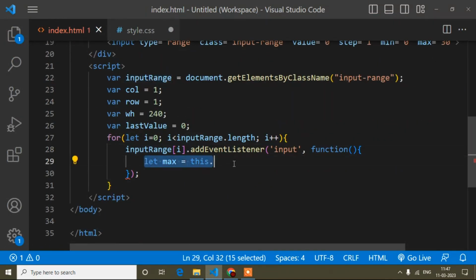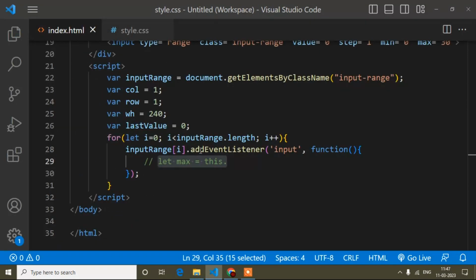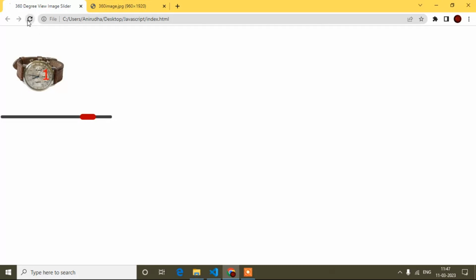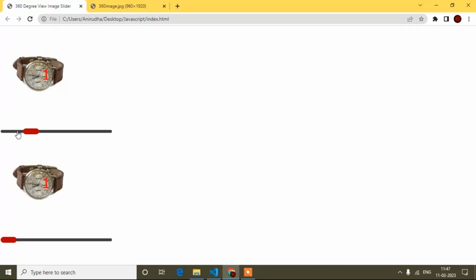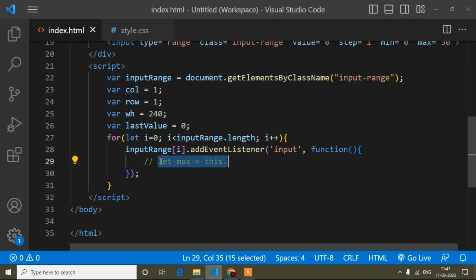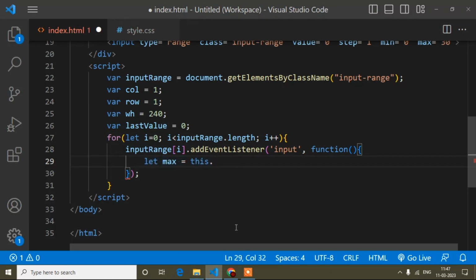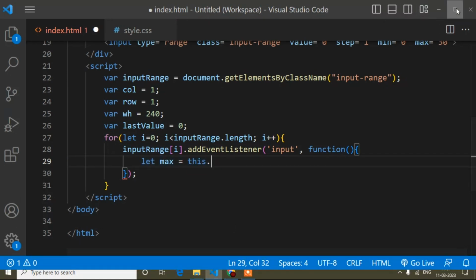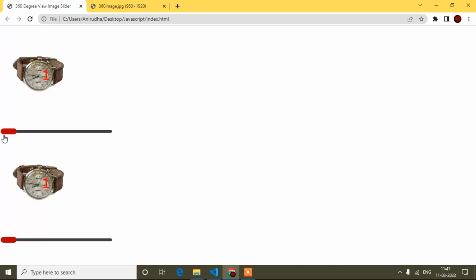First I'll comment this one and save, and this one also save. Now if I reload, see 2 times it is coming. While I move the first input range, I need to get the value for the first input field, not the second one. That's why if I write this keyword, this means when I move the first input field, I will get this value.